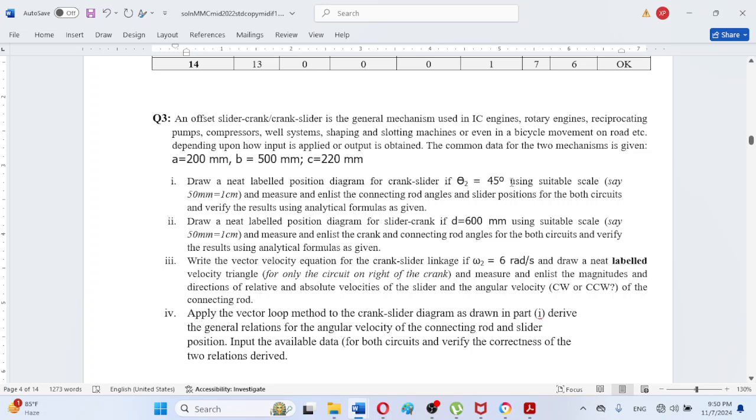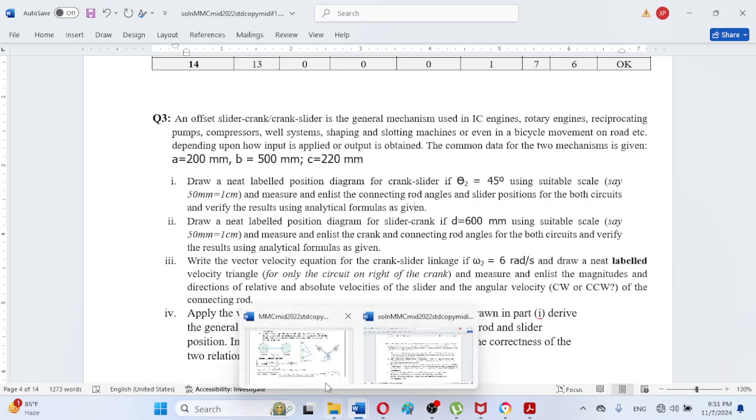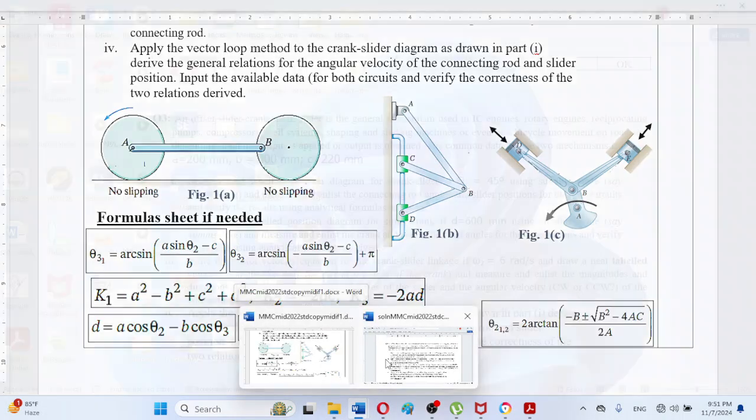So theta 2 is equal to 40 degree. Using a suitable scale, say for example 50 millimeter is equal to 1 centimeter. The scale was also given in the exam to help and facilitate the students, and the requirement was to measure and enlist the connecting rod angles and slider positions for both circuits and verify the results using analytical formulas as given. So I have given here the solution